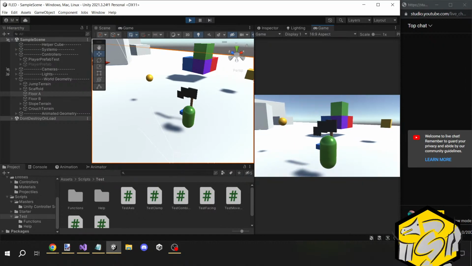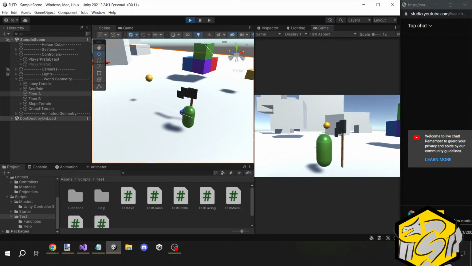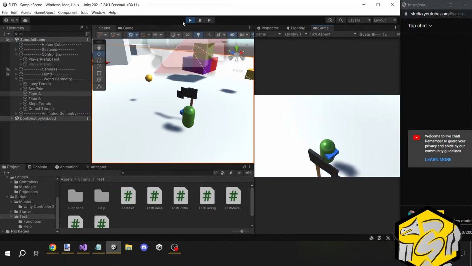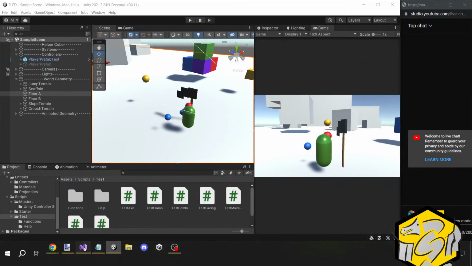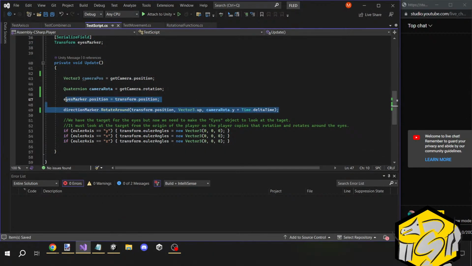Basically, when this moves left, I want that to move left. When this moves right, I want that to move right. When this moves down or up, I want it to mirror that position. So hang on, I have an idea. I'm just going to do something a little different. So instead of having it rotate around, I'm just going to have it